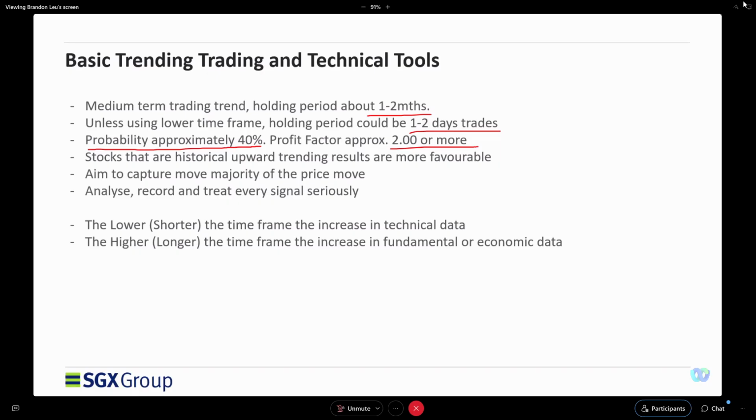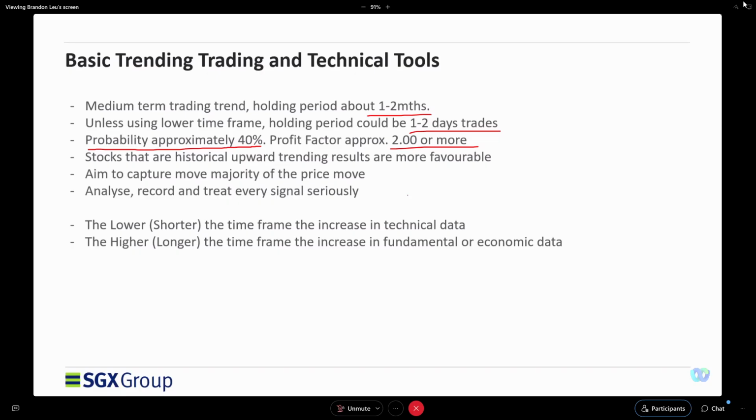You should not focus on the fact that the result is only 40%. Because of this, many think that after a few tries, trend trading does not work and they give up. But after giving up, they see that their stocks move much higher, and they try to come back in, and their whole trading strategy turns into more of an emotional strategy.